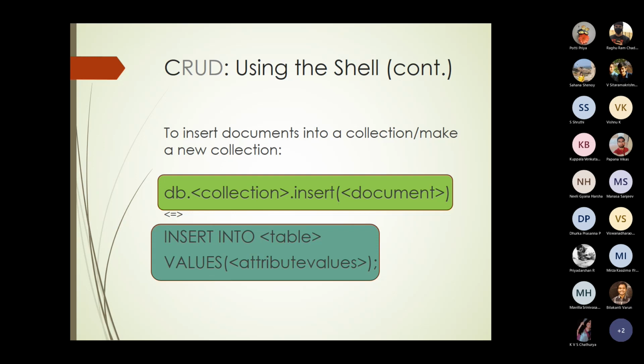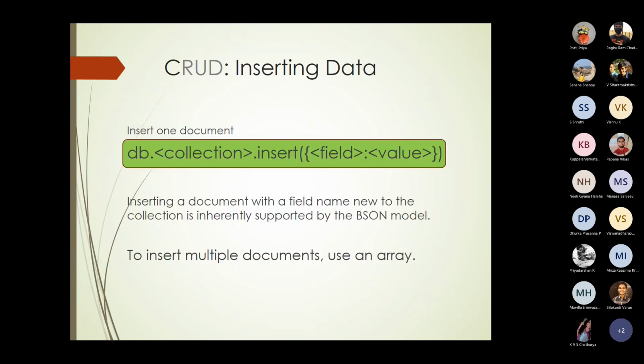Now how do you identify a document? How will you identify a document uniquely? Sir, ID, sir. Yeah, you have the ID field which will help you to do that. If you want to insert a specific field value pair, then insert in brackets. Instead of the whole document, you can say this particular field and this particular value separated using a colon. And that should be in curly braces inside the bracket.